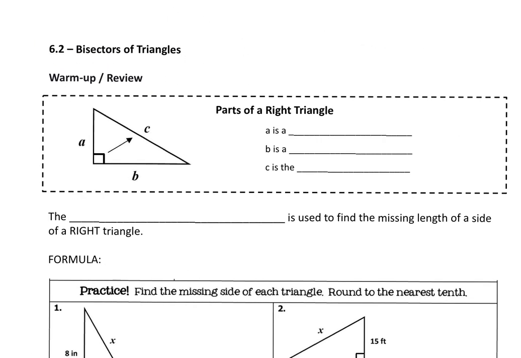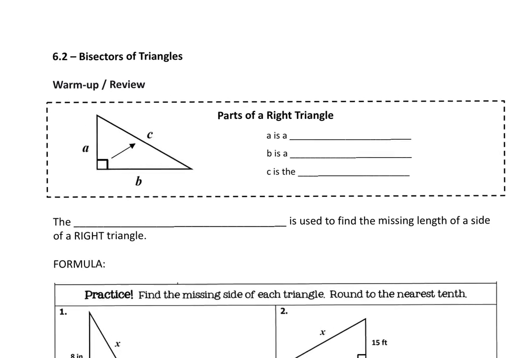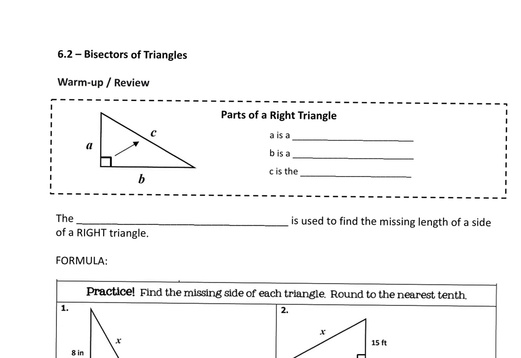All right, this is something we're going to need at times throughout the rest of the semester. It's been a while since we've talked about the Pythagorean theorem. It might even have been Algebra 1, because I don't know if we've talked about the Pythagorean theorem much at all this year. We've talked about right triangles, but we haven't necessarily talked about the Pythagorean theorem and how it relates to right triangles. But first of all, in a right triangle, we know that we have a 90-degree angle,